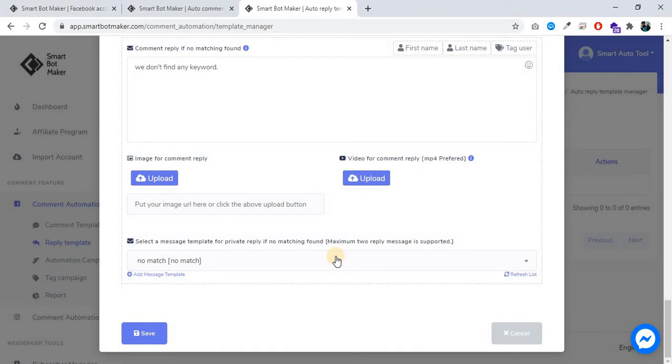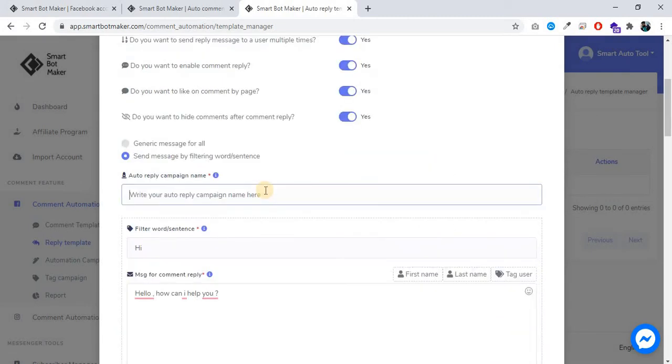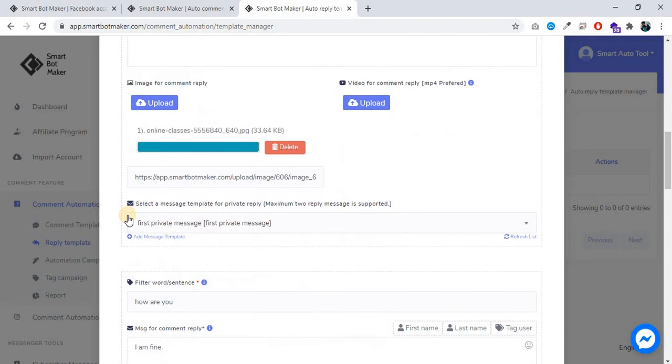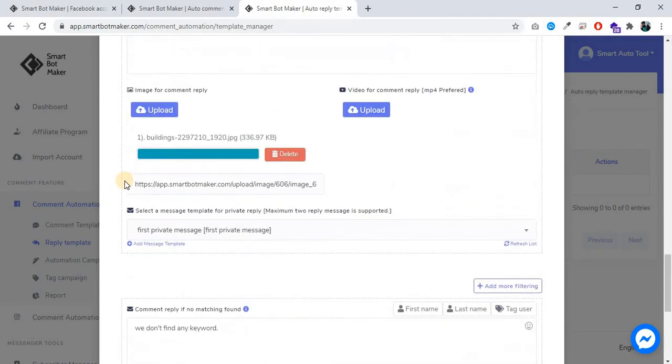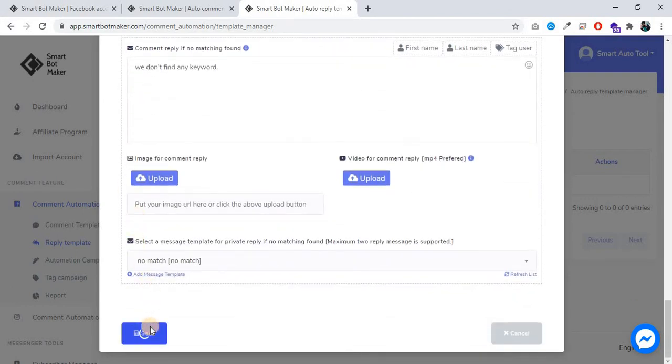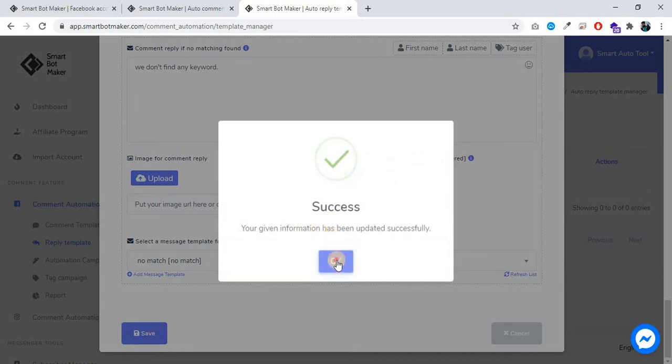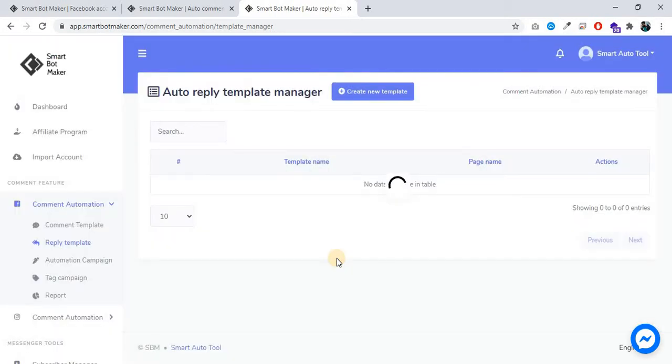Missing something. We missed the campaign name. Okay, now click on save. Updated successfully.